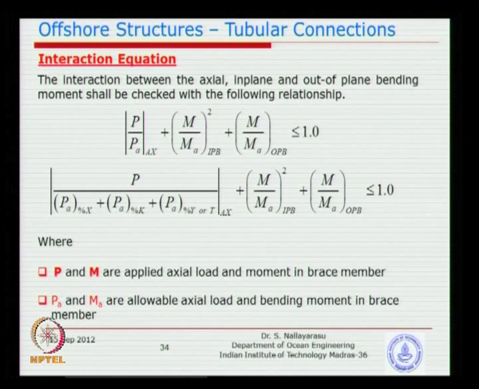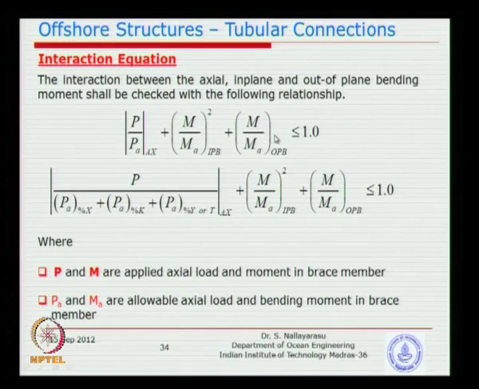Okay, so last week we were looking at the design practice. We had just looked at the combination of loading, axial plus bending. The first equation is basically the combination of axial capacity plus the bending capacity in plane and out of plane. For the in plane we had the square term, which I think we were explaining as the nonlinear capacity available for both in plane and out of plane, but recent studies showed that for the out of plane it becomes unconservative, so we have just removed it.